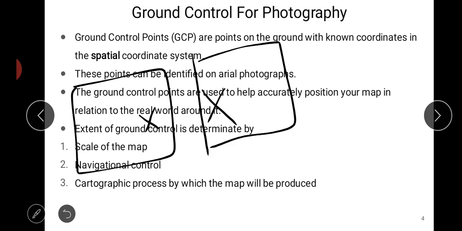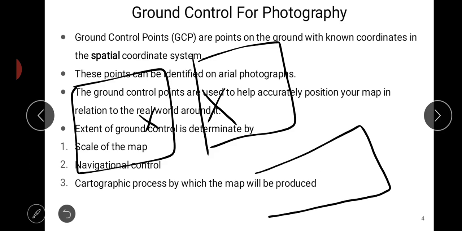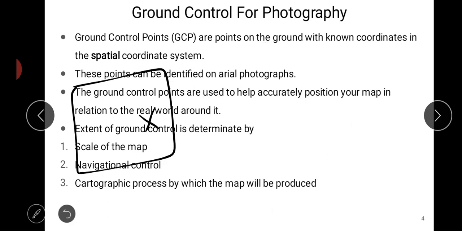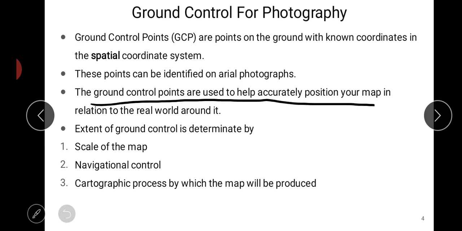So when you need to arrange these photographs, you arrange them in such a way that both get overlapped on each other so that you get one single photograph. So ground control helps in doing that.